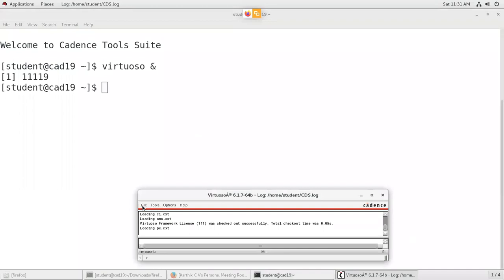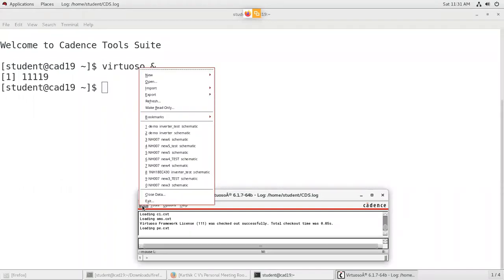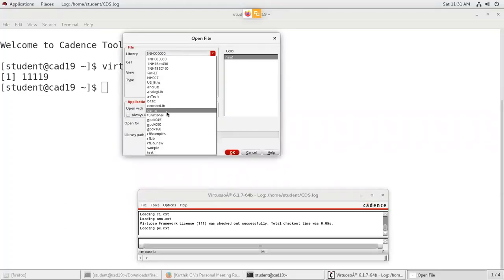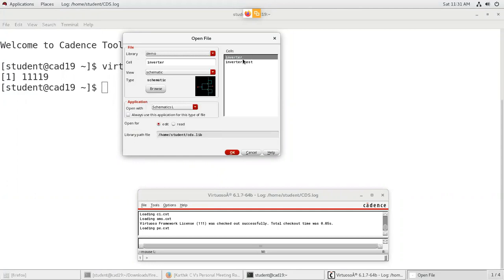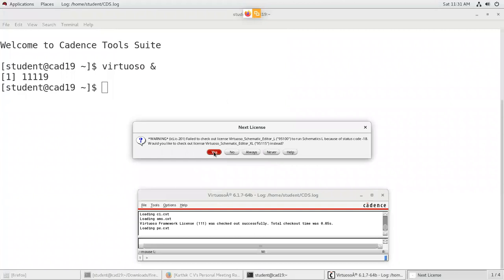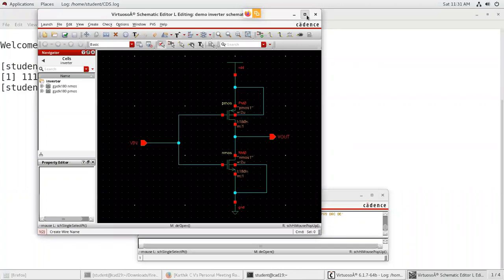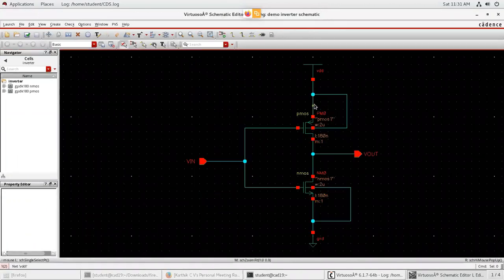Already I created the library demo, no need to create it again. So here we have to do the layout for the inverter. I'll directly open the layout, click on open. Go to your library demo. Here I'm doing the layout for the inverter, click on inverter and then give OK. Always we'll be doing the layout for the design file, not the test circuit. So here we'll be opening the design file.